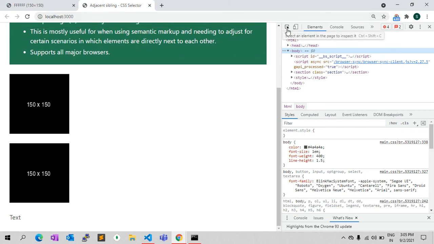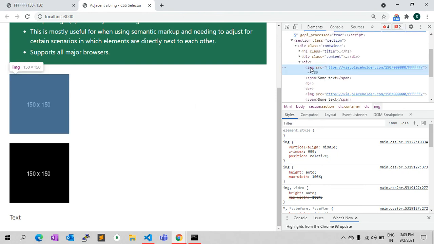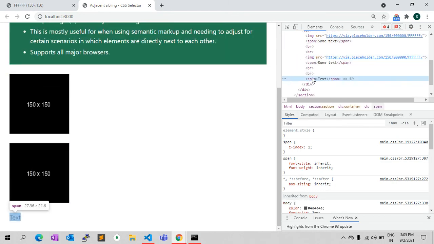As you see, let me select the image. The image is there, the span is there, but it has margin-left minus 100 pixels, so it is behind that image. But the last text is not adjacent to an image, so the CSS which we applied is not getting applied there.